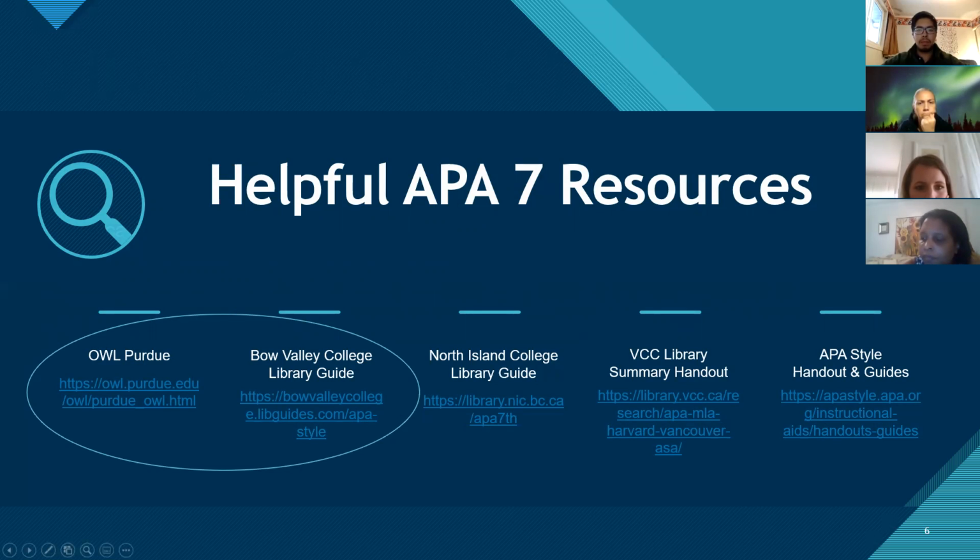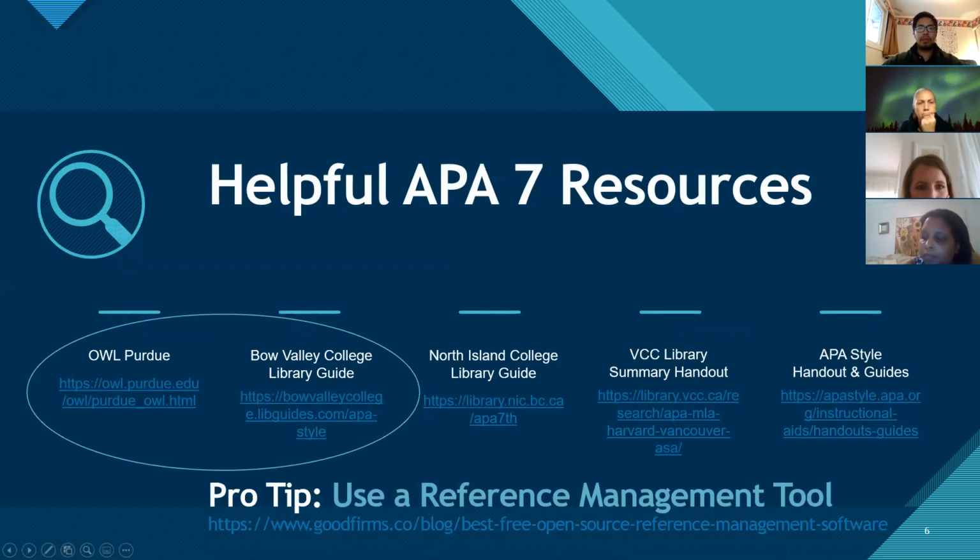I do have to buy version 7 now. Pro tip, use a reference management tool. This is a link for the top 10, or top 7, free open source reference management tools. With all of these, you're creating your own library of all the sources that you're using. Then when you're writing your paper, if I want to include one of our textbooks like Barkley from one of our courses, I just go insert citation, I start typing Barkley, and all of the documents in my library by Barkley pop up. I click the one I want, it inserts it in text and magically adds it to my reference list